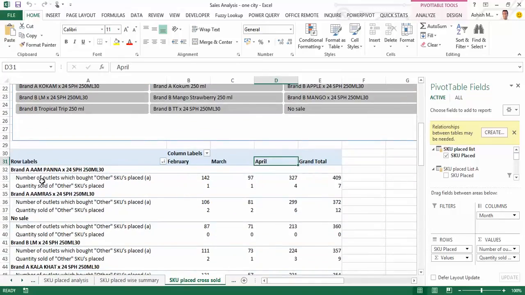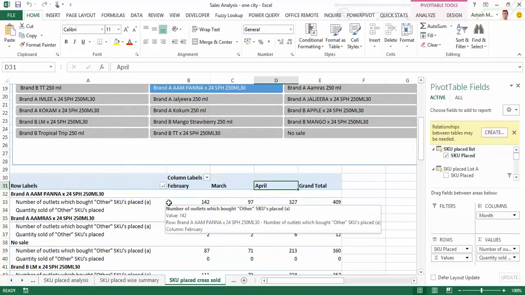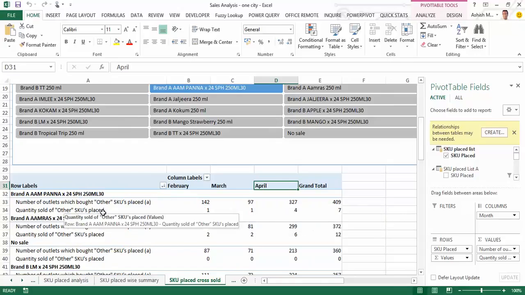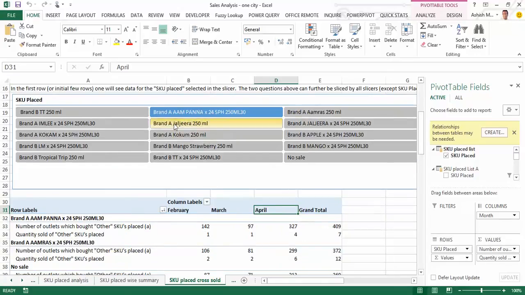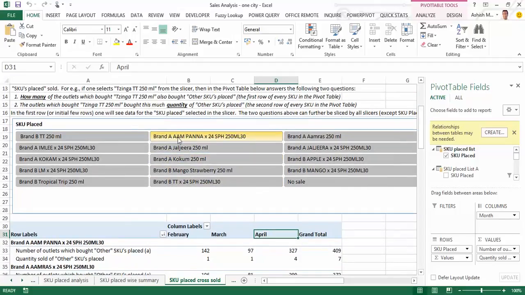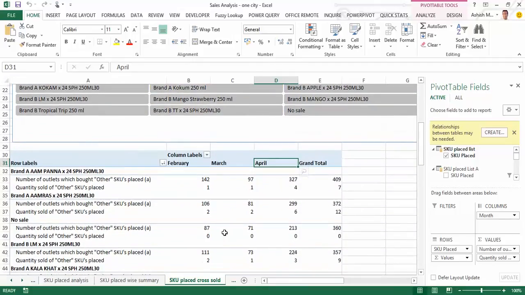What is the number of outlets which bought the product selected over here that also bought the other product, and what is the quantity sold of other SKUs placed. So I'll just clarify as to what this is. Let's say over here I select brand A, Aam Panna, and once I select that, I'll be able